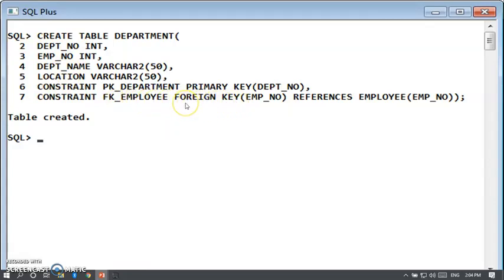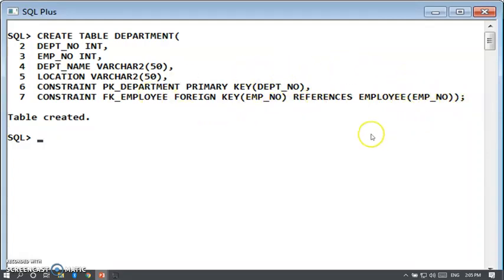So we are applying a foreign key on the column EMP number of this department table, which references EMP number of the employee table. What it states is that this column EMP number will take only the values that are given in the EMP number of your employee table. It will not accept any values beyond that.